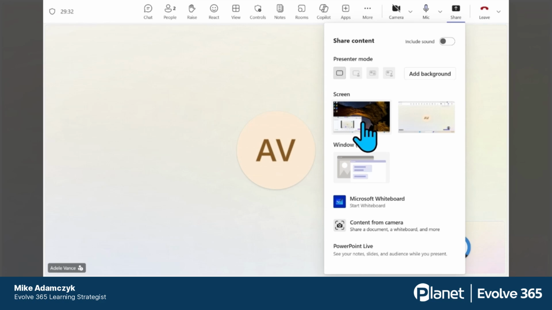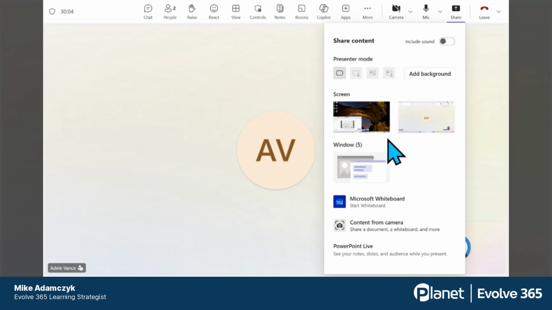Now you'll see two options for me. I have a secondary monitor plugged into my Windows machine, which is why we have two options. If you're on a laptop or only using one monitor, you'll only see one screen. Whichever screen you choose to share will be visible to everybody within the meeting. Everything on that screen will be visible. This will make it easier when swapping back and forth between applications during your presentation. But note that everyone in the meeting will see everything done on that screen, so just be careful with what